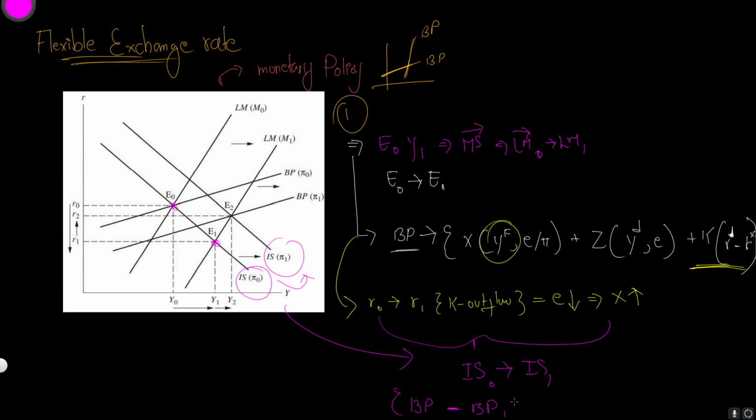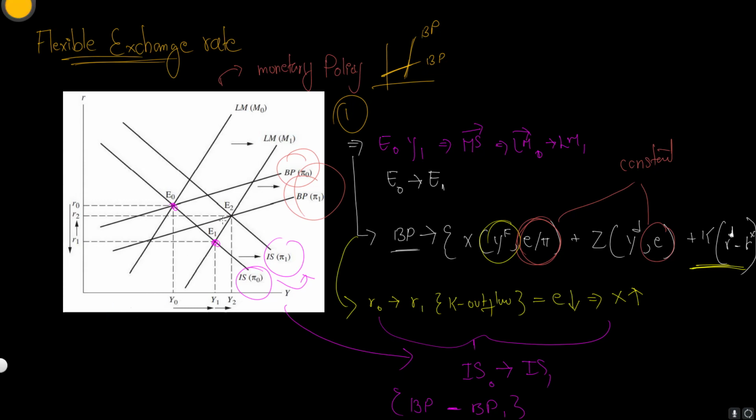Why is that happening? Because our exchange rate is changing. In a fixed market, we assume that the exchange rate is constant. But in a flexible exchange rate, the exchange rate can change. So if the exchange rate changes, as you can see from these two diagrams, our BP curve is going to shift towards the right. And when we factor in these two effects, as you can see from the diagram, we will have a new